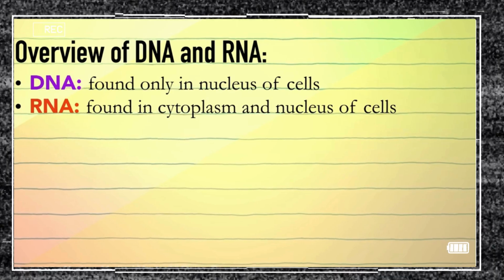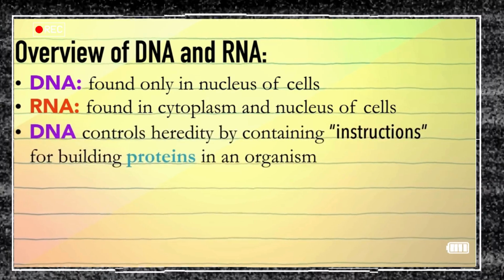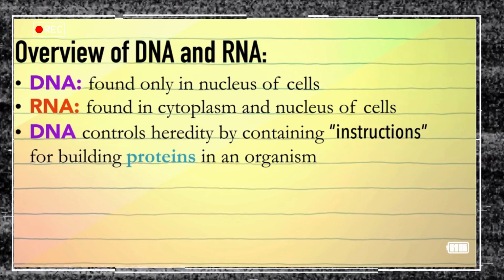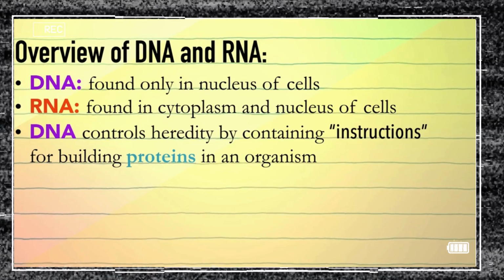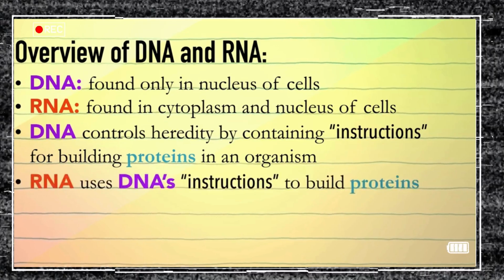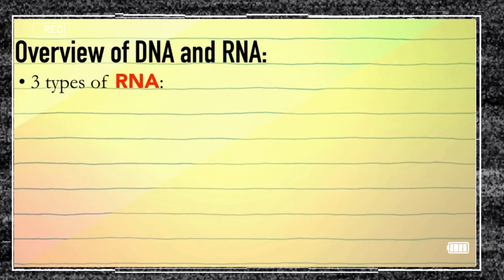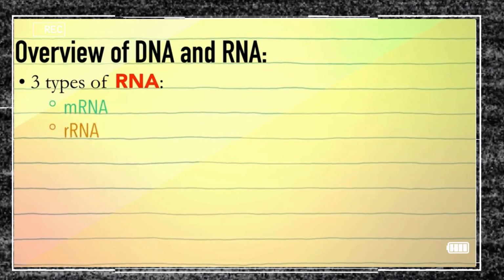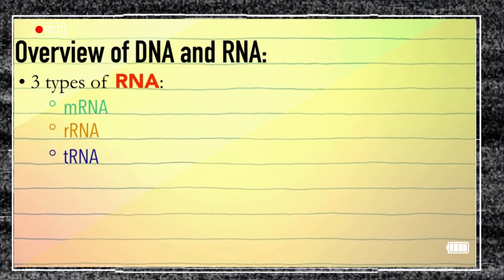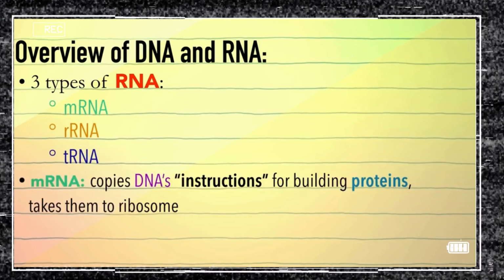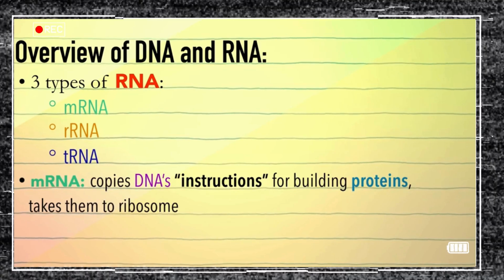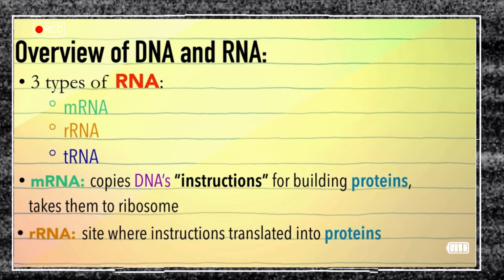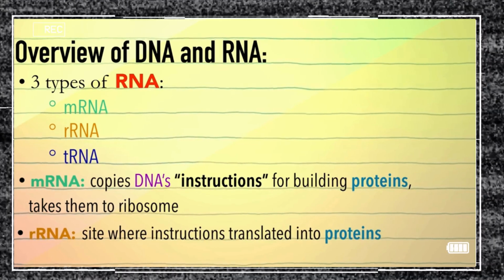DNA controls heredity by containing the instructions for building the proteins that make up an organism and allow it to function. RNA uses these instructions to build proteins. There are 3 types of RNA: messenger RNA, ribosomal RNA, and transfer RNA. Messenger RNA copies the instructions for building a protein and takes them to a ribosome. Ribosomal RNA is the site where the instructions are translated into a protein. Transfer